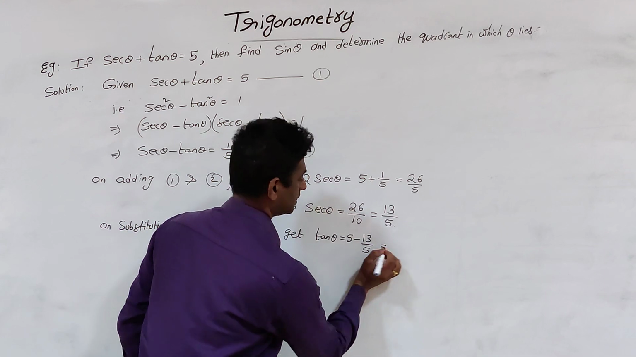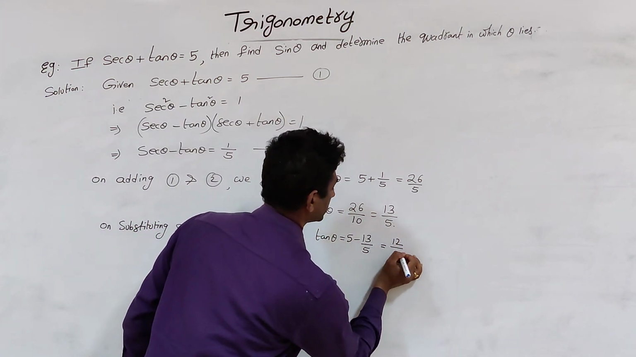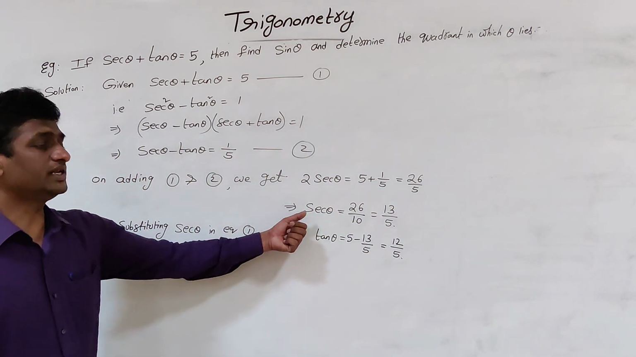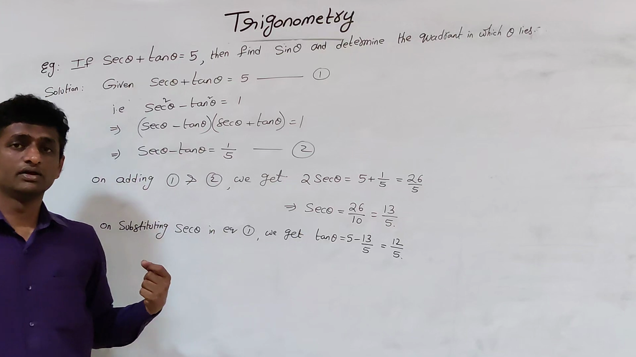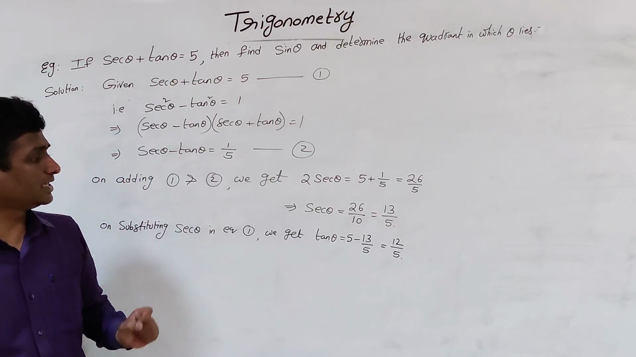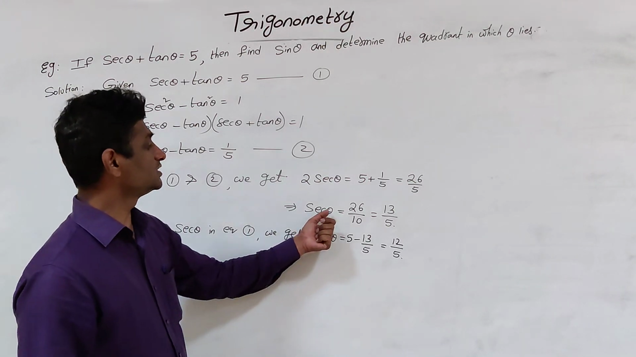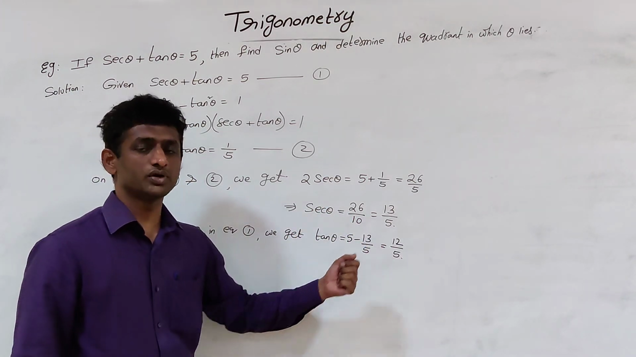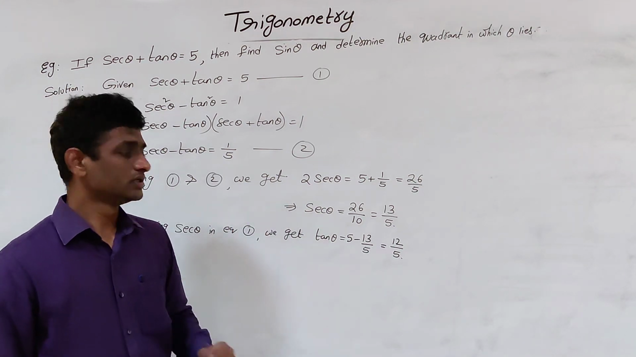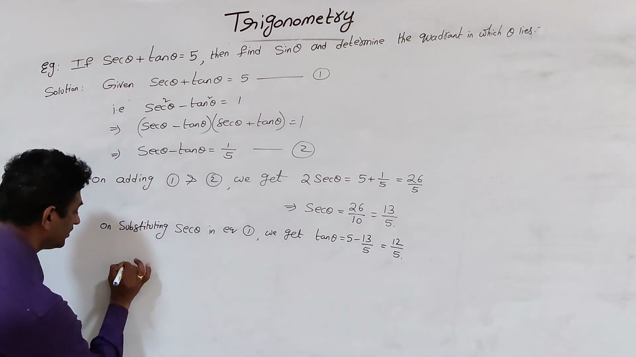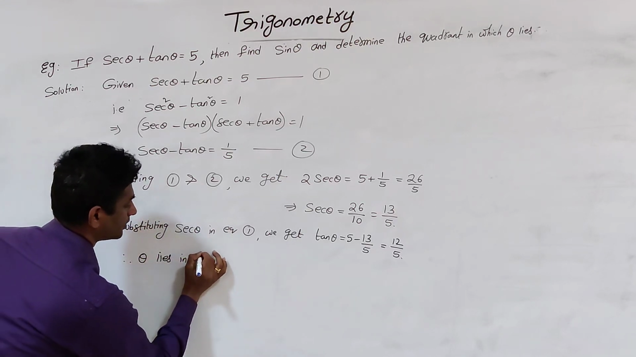So it will be 5 by 25 minus 13. So it is 12 by 5. Means secant theta is positive, tan theta is also positive. So where can the angle be? It is in the first quadrant. Secant theta is positive, tan theta is positive, means we can have only the possibility in the first quadrant. So therefore theta lies in the first quadrant,